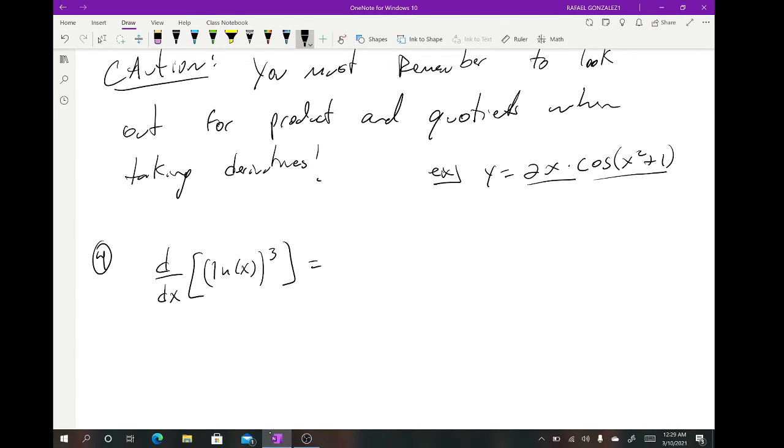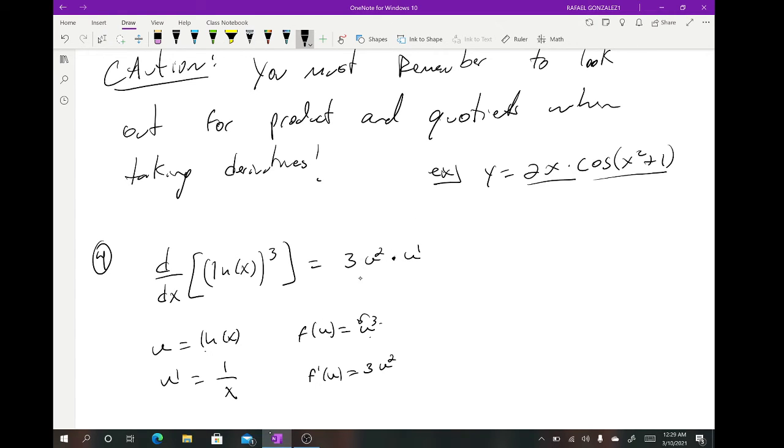Well, u here is simply ln of x. And f of u is equal to u cubed, because we're raising it to a cube power. The derivative of u, the derivative of ln of x, by definition up there that I gave earlier, is 1 over x. And the derivative of f of u is equal to, again by the power rule, 3u squared. So if you put this together, we have 3u squared